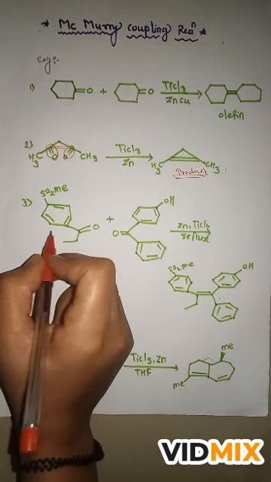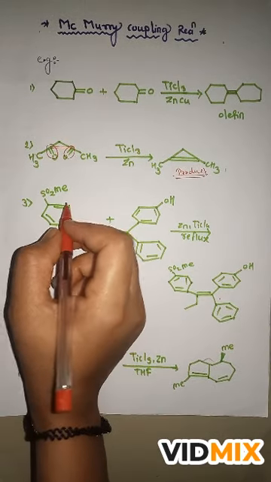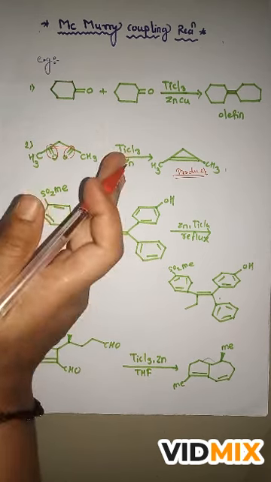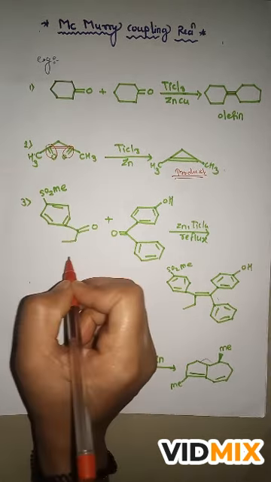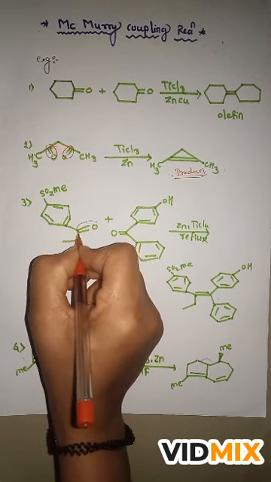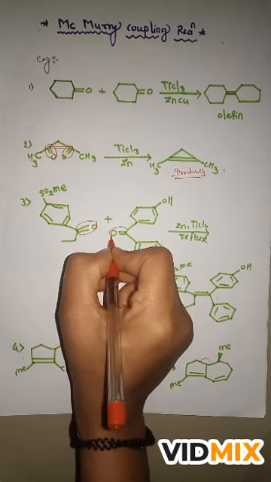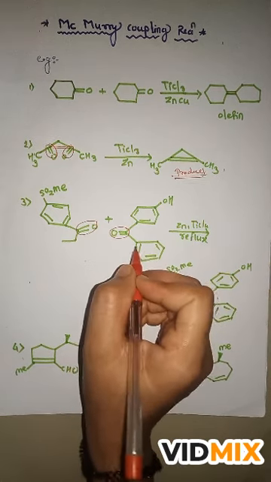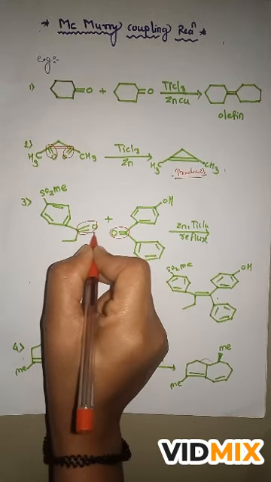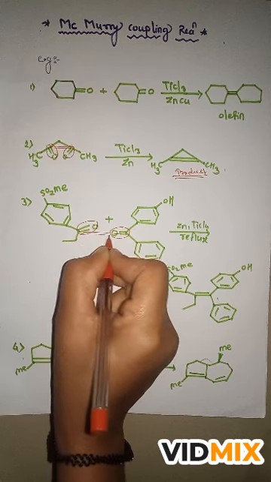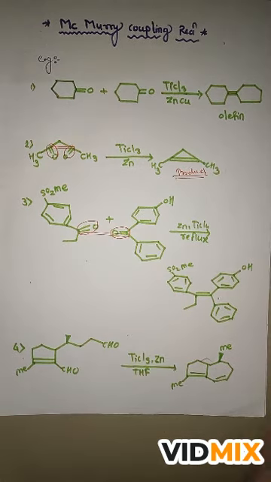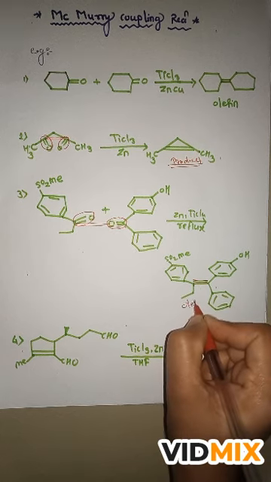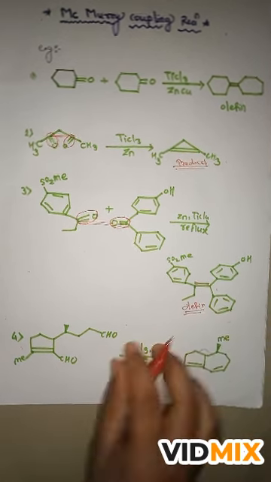In the next example, we don't care about what is the substrate or what is the remaining molecule of the reactant. We just concentrate on this double bond O and this double bond O. There is no need to do any changes. Just attach these two carbons and form a double bond like this. This is our olefin as a product.